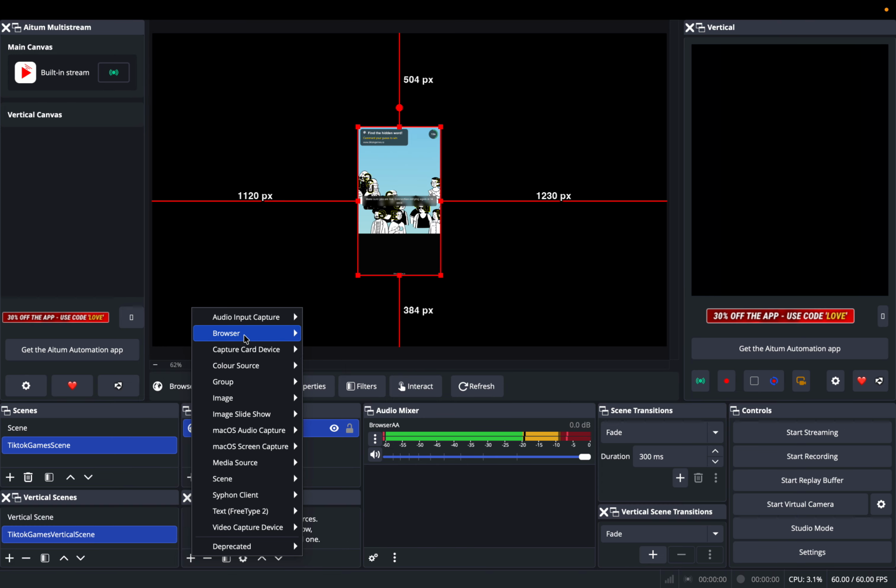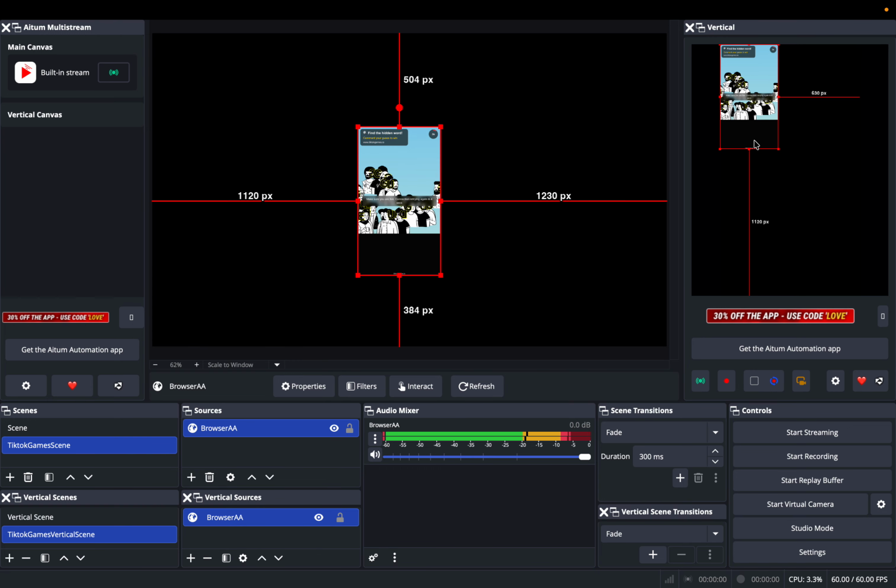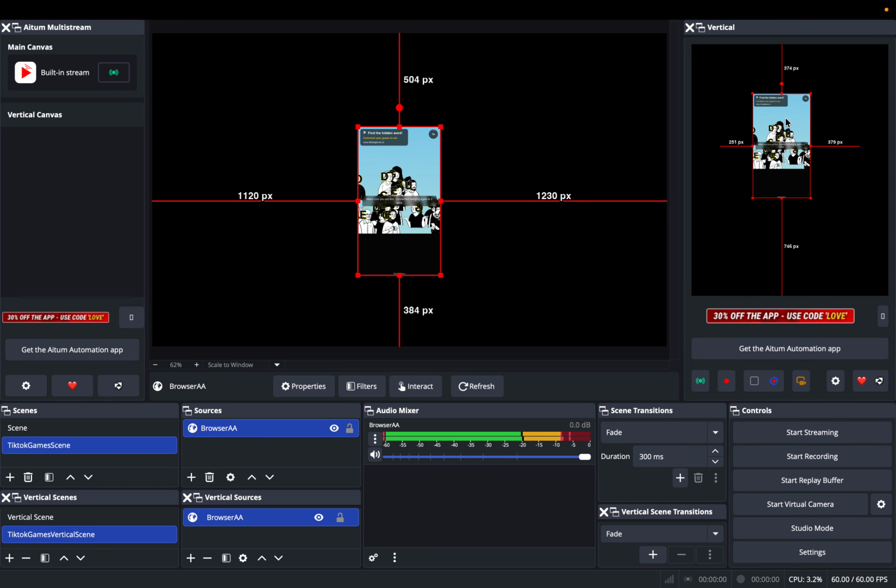click add browser, but instead of saying new browser, just now click on the browser that you created. So just click browser AA. And as simple as that, you can see your vertical scene also contains the same content that is provided by the other scene. So like the way we did on TikTok Studio, you can come here, and I'm not sure